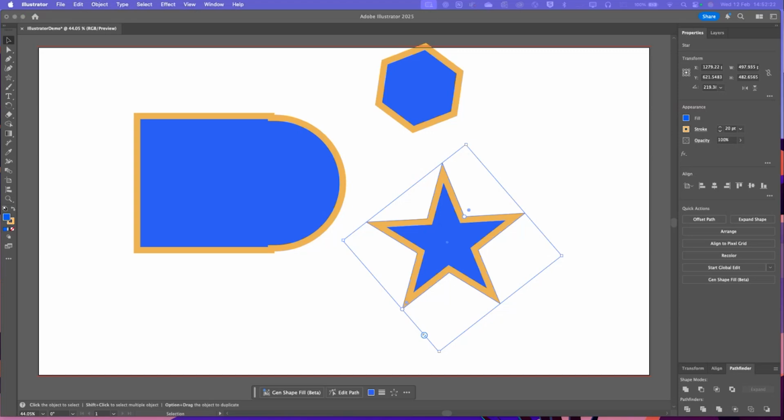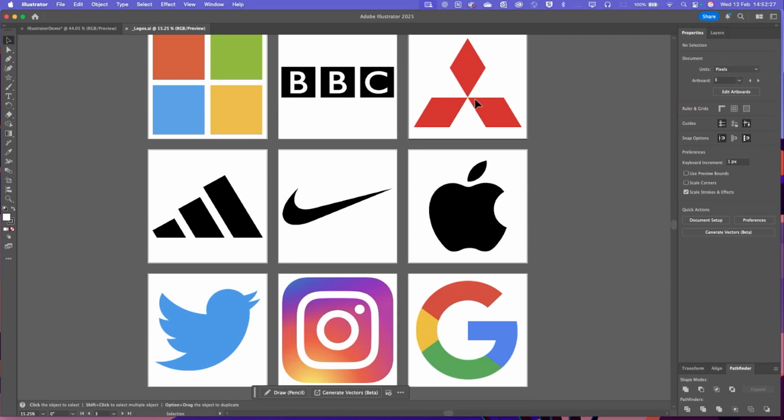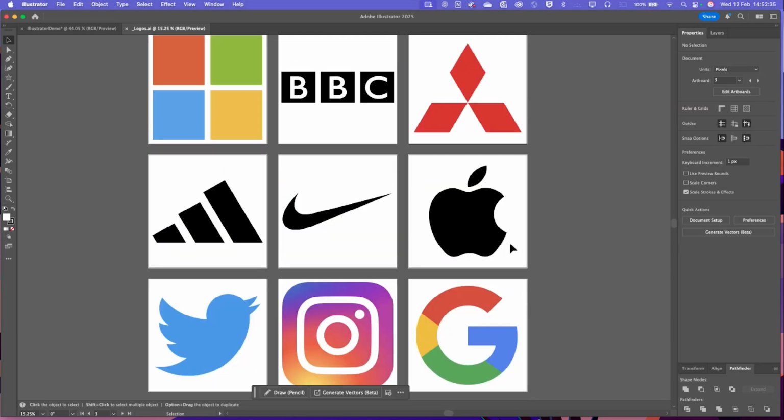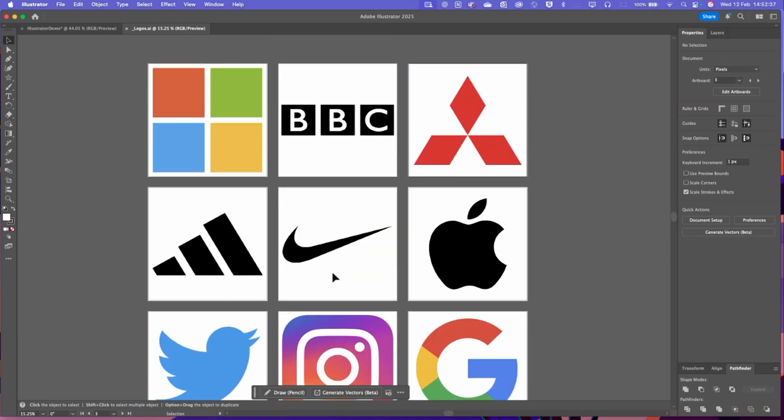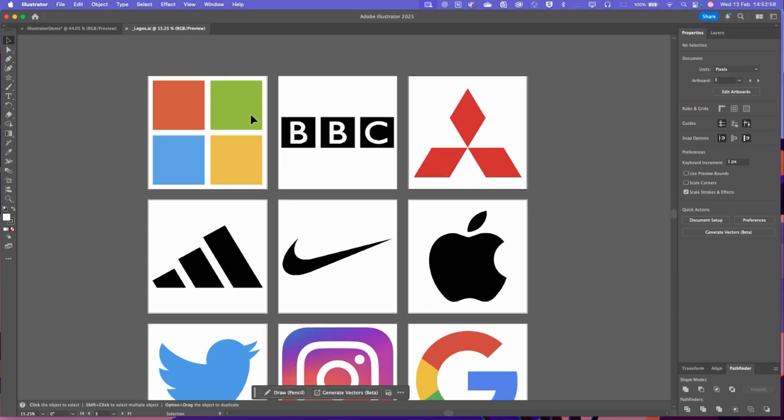Yep, perfect. So what I've got here is a variety of logos. And what I'd like you to do, and this is a key skill when it comes to using Illustrator, is the idea of tracing. So what I would like you to do is, using the shape tools, and you might need to use a few additional tools, I'm thinking particularly for the BBC, you might not, you might need to use the text tool here, but the same principles apply to the ones that we've explored, is just slowly work through